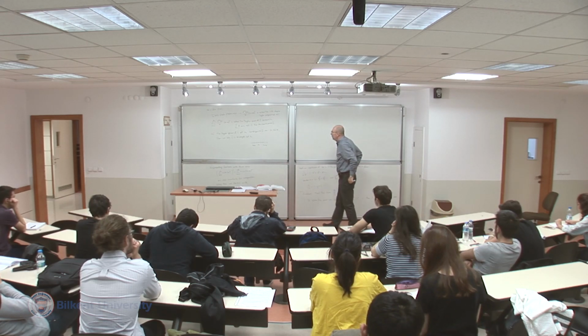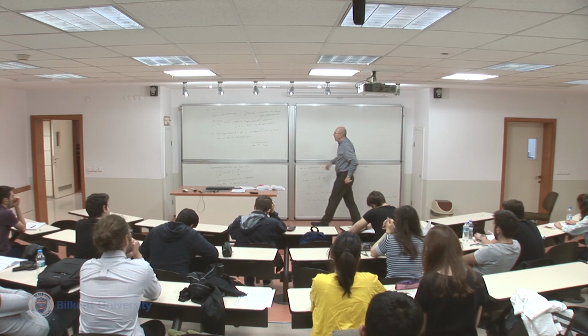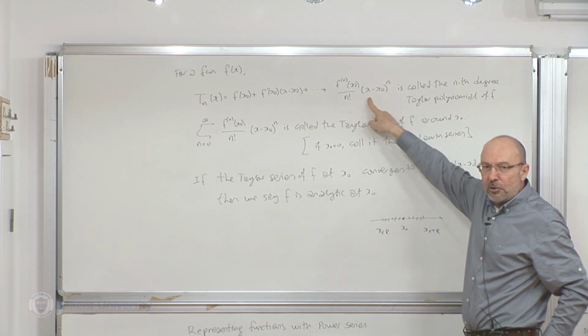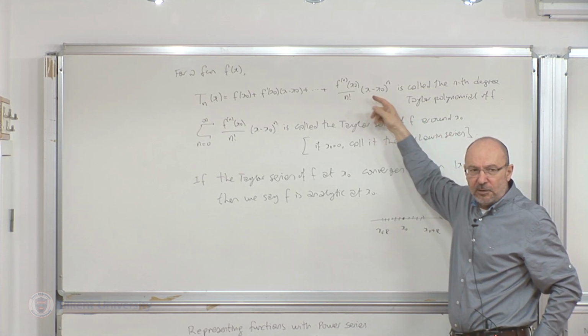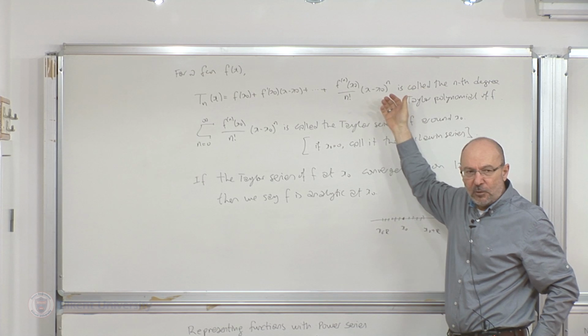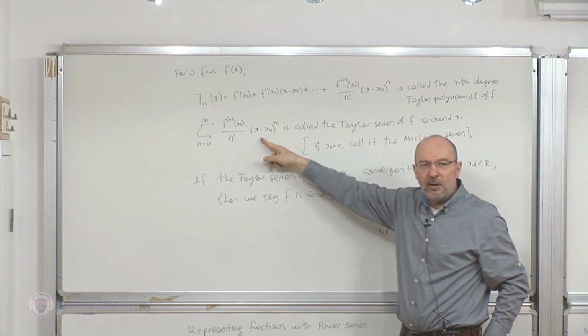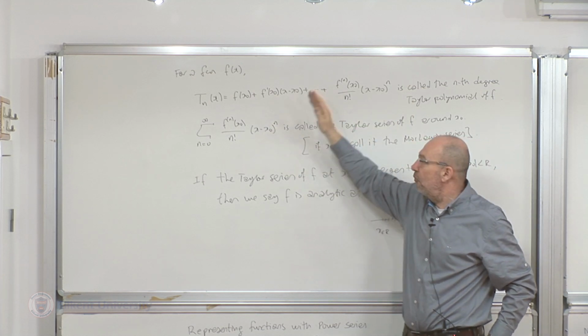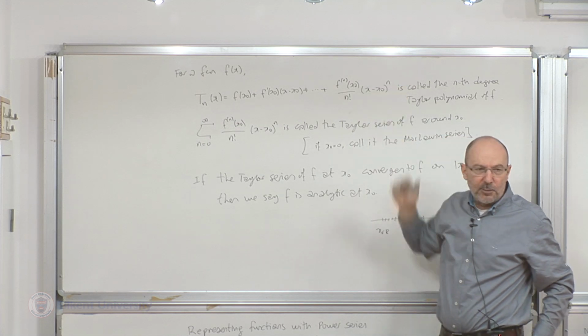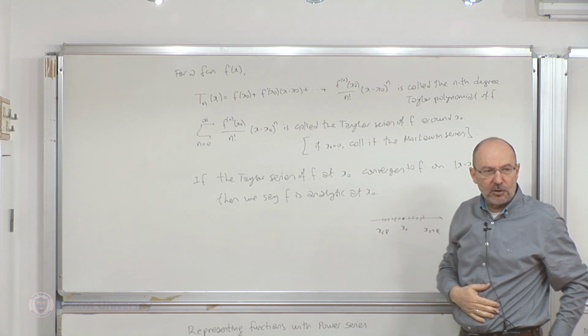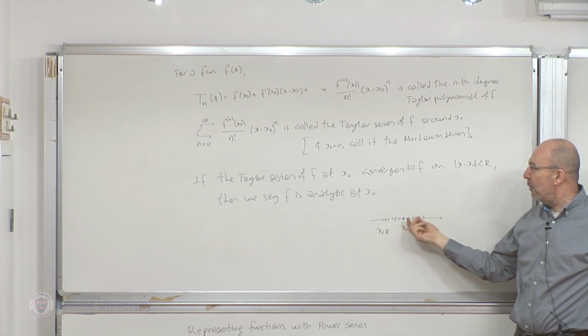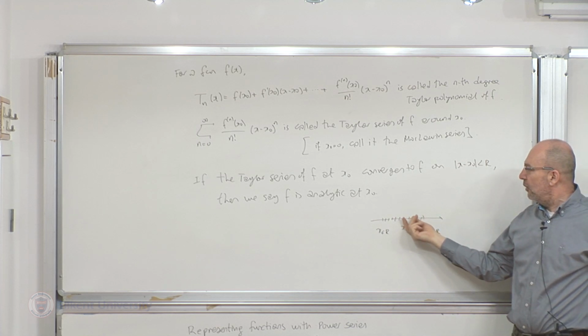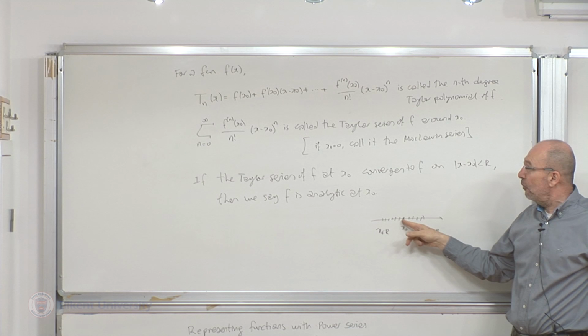Okay, so suppose the function is analytic. Then this polynomial approximates the function better and better if you increase its degree. So if the degree becomes infinite, you get precisely the function. But if you stop at some point, you expect that you have a reasonable approximation. In particular, if you take the first term, you get